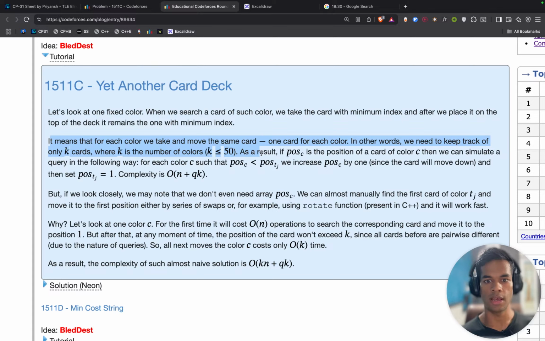As a result, if position C is the position of a card of color C, then we are simulating the query, and simulating does work because the number of cards is very low. So for each color C, where PC is less than position target J, we increase PC by 1, since the card will move down, and set POS equal to 1.